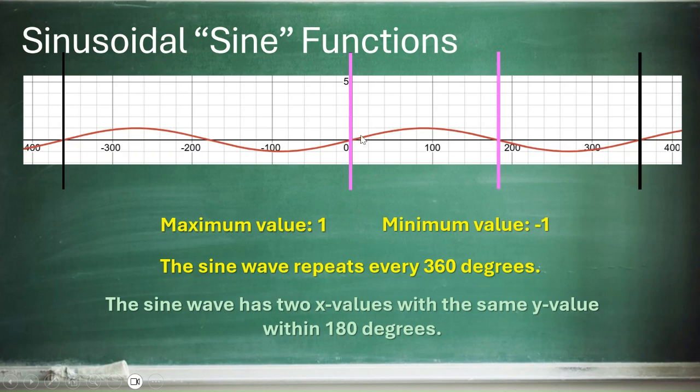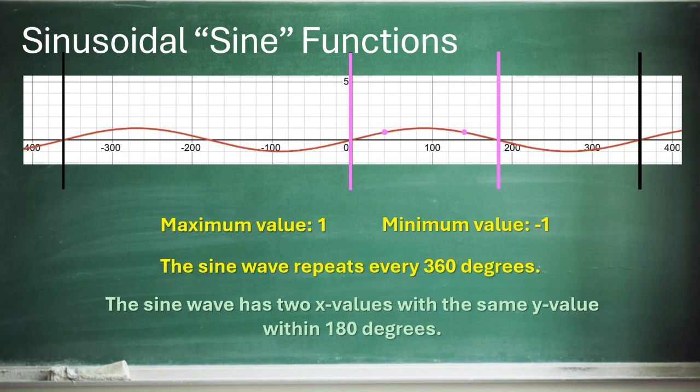And if I were to draw horizontal lines across, you would see multiple x values with the same y value. So here's an example of two y values that are the same. Like if we connected those with a line, they would have the same y value, but very different x